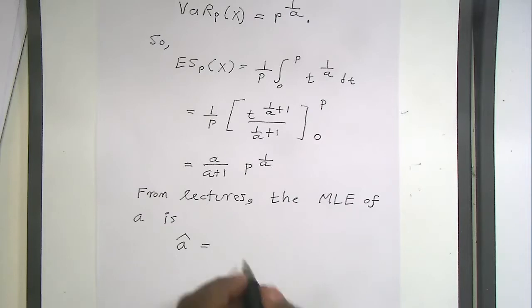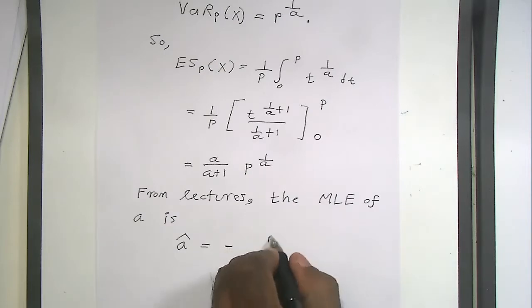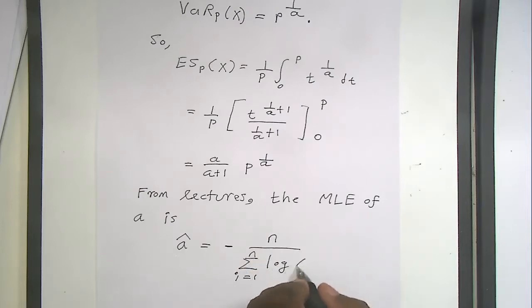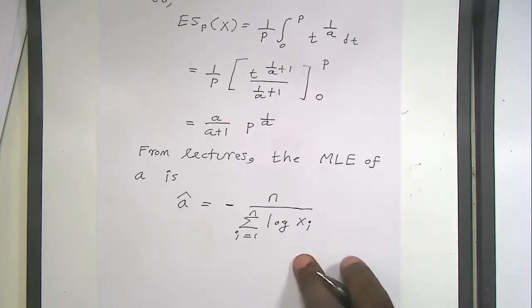You will see it is equal to minus n divided by the sum. Do you remember this formula? Yes. Okay. So hence